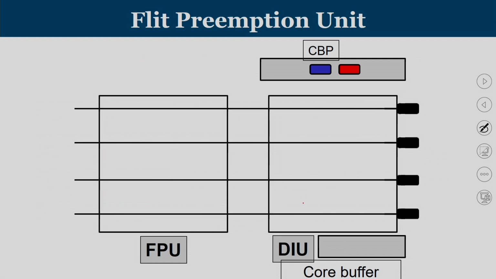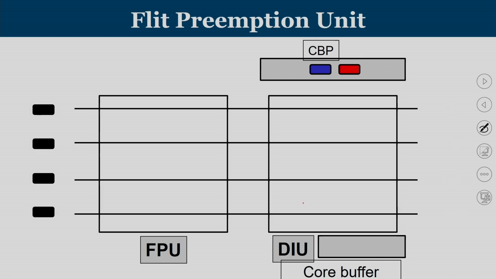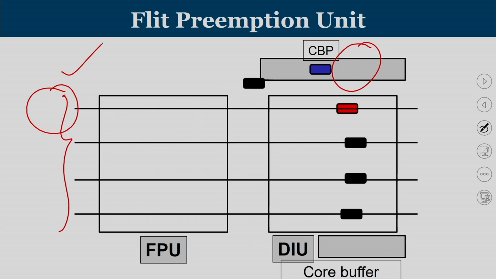What you can see is that when a flit is moving, that is going to create starvation. So, next time when the flit is moving, it is removed and then you are able to get in. In the second scenario, we can see that 4 flits are coming, since the channel is busy and the flit waiting in the central buffer pool is starving. So, one of the flits will enter the router pipeline, whereas the other is going to be removed. So, this flit is going to be preempted out into the central buffer pool in the next cycle. That is what we are going to see, that the flit is removed and the red one will enter, and they are going to work like that.